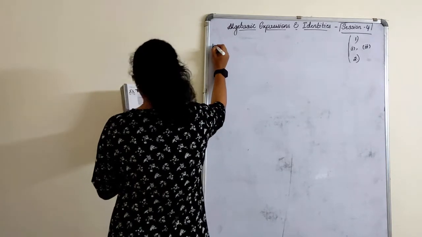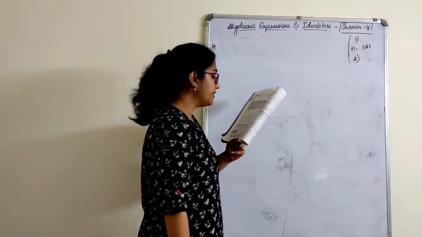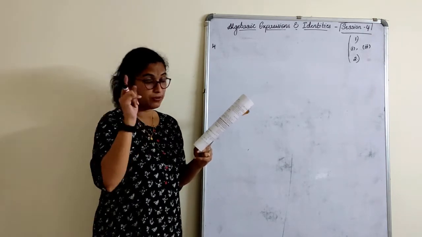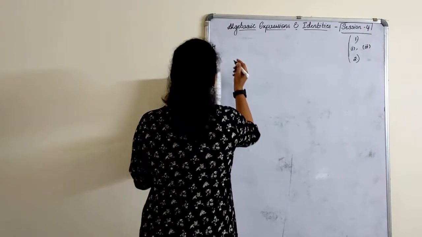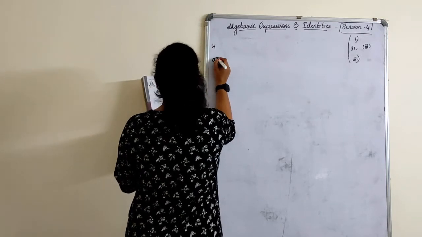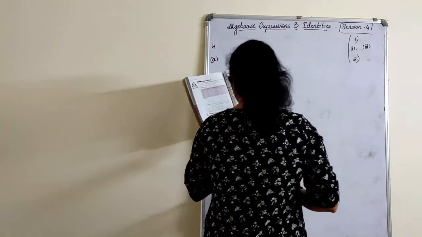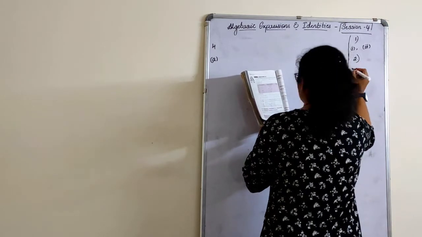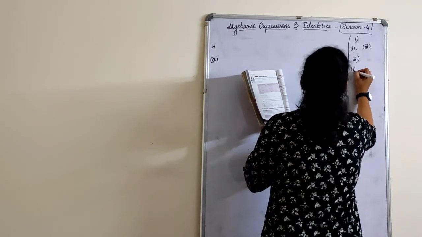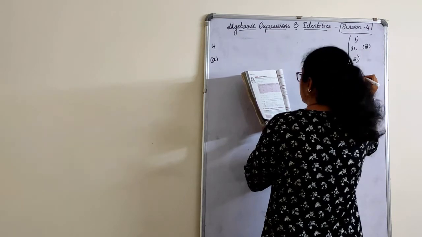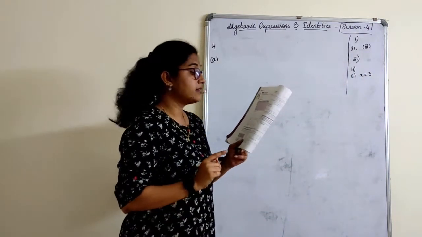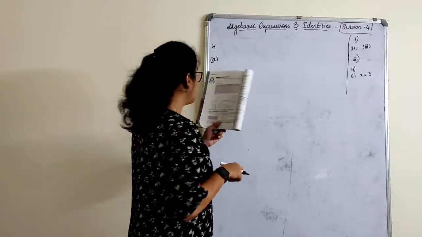Fourth way, simplify and find the value for x is equal to 3 and x is equal to 1 by 2. I'll take up one of them here. In the fourth main part, x is equal to 3 will be for homework, children. X is equal to 1 by 2 I will do, okay.